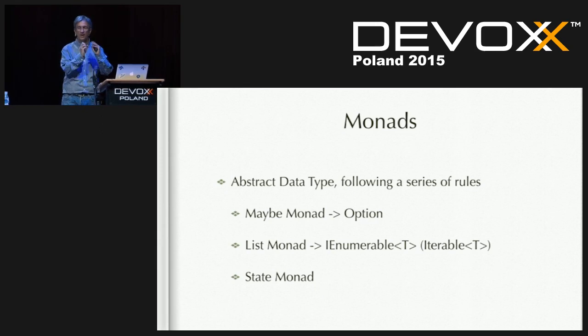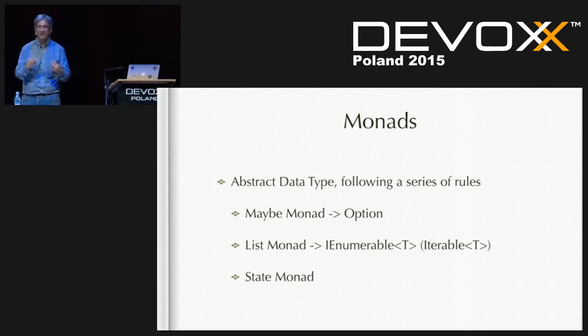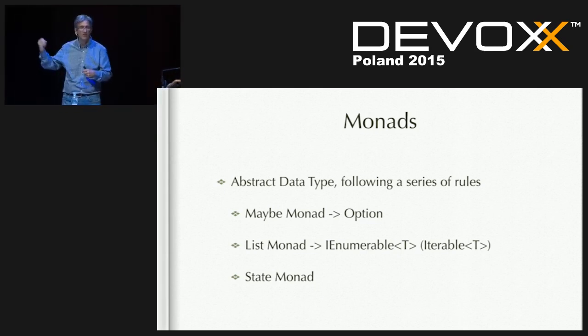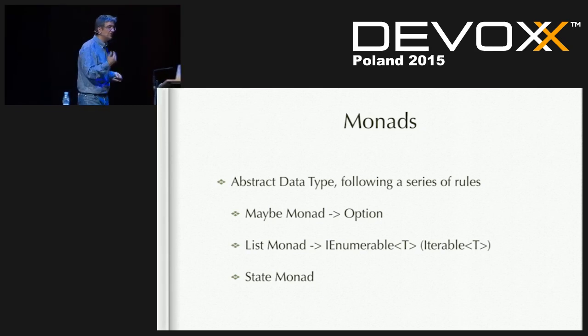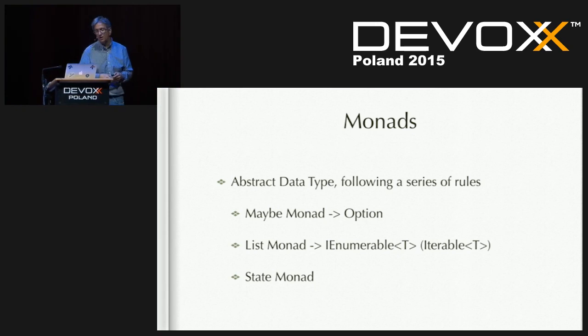So that I can now have a side effect that does something to the output, and then I get a brand new state. Every time I apply a side effect, I get a brand new state, because remember, things should be immutable. And now I've got that state, and then I can apply something else to it and get something else. Thus, allowing for side effects, but at the same time, keeping with the pure essence of functional programming.